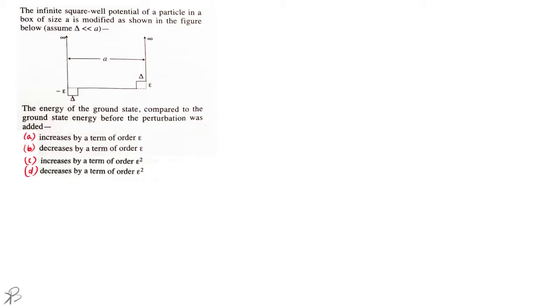The problem says the infinite square well potential of a particle in a box of size A is modified. So whenever a question is given of an infinite potential well, just try to draw a picture of what is happening. Initially you have an infinite potential well of side A, and then it says that it is modified as shown in the figure below. So basically you have something like this,